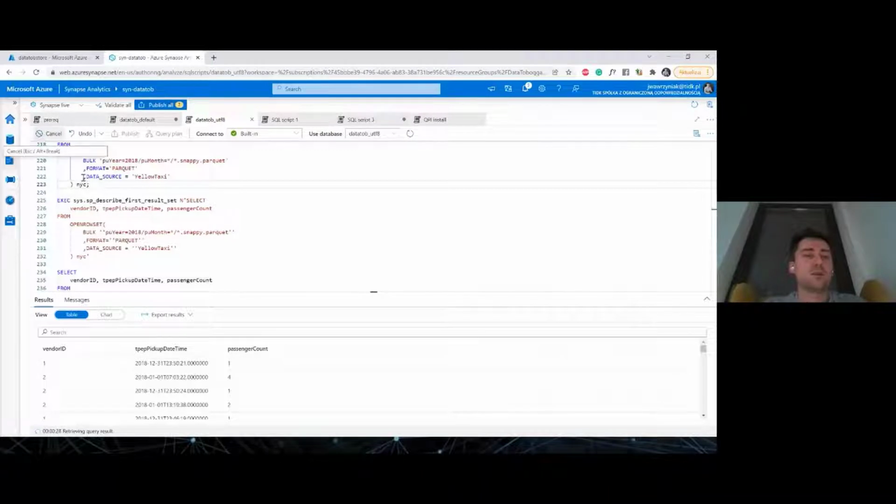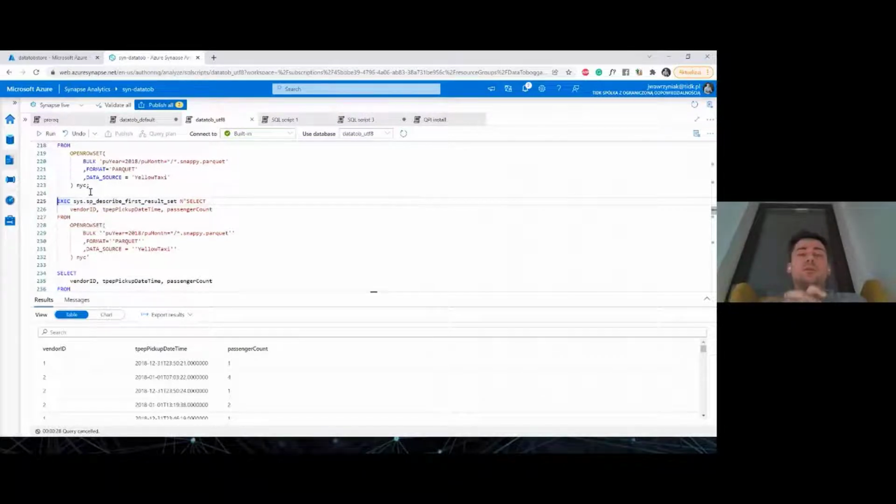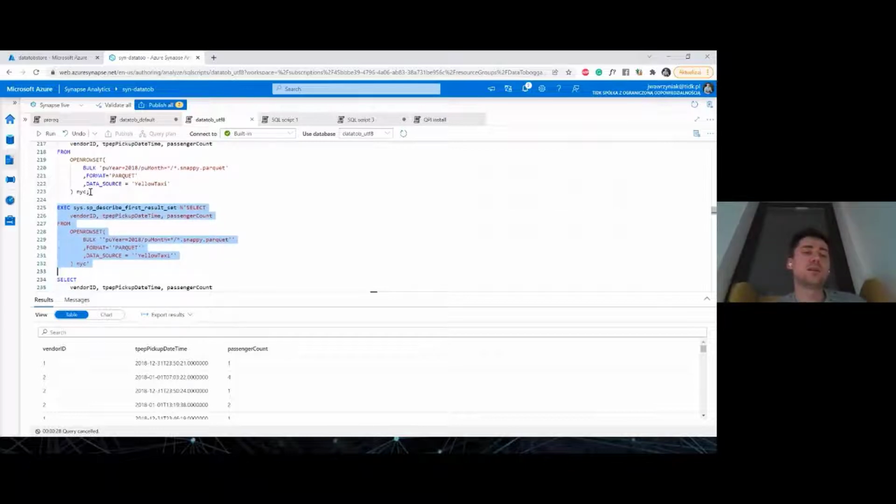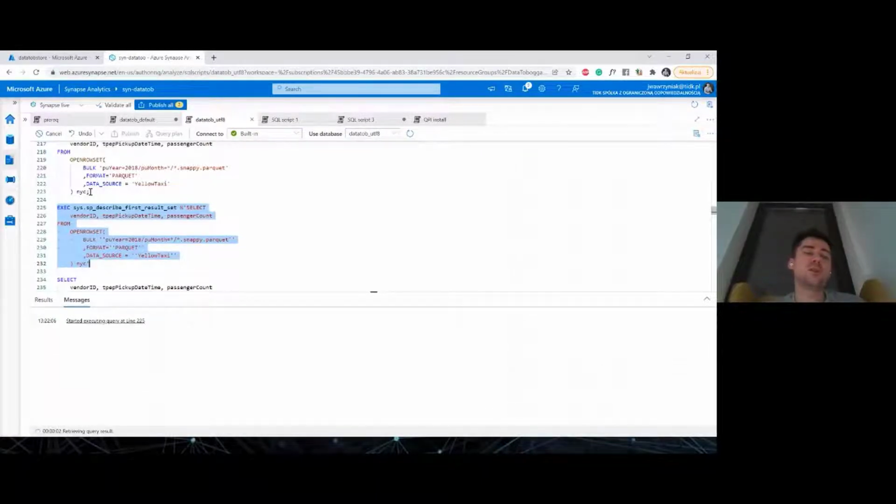Okay, let's not wait for this query to end the execution. Serverless SQL Pool has one very useful stored procedure which we can use when querying the PARQUET files to describe this result set. So we don't have to wait for the execution of our query, and we don't have to look inside the PARQUET file. We can use this procedure, which is called sp_describe_first_result_set, to have the information about each column